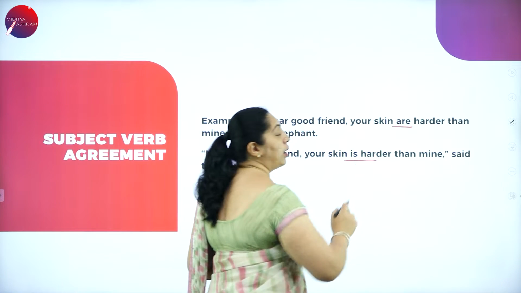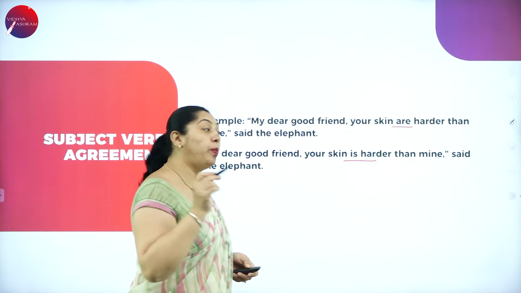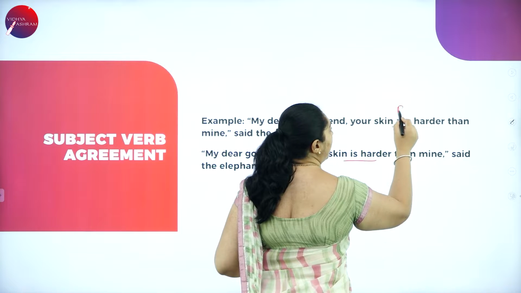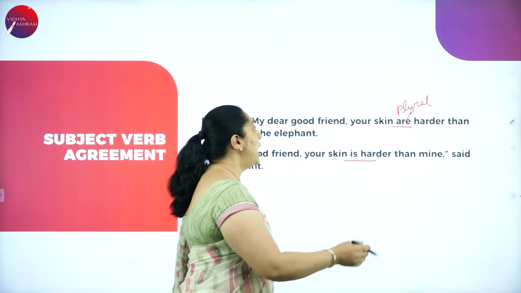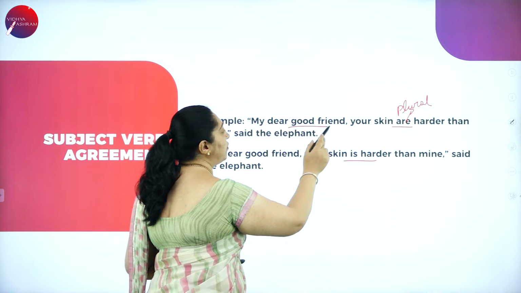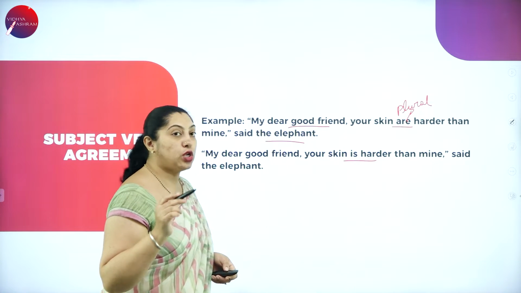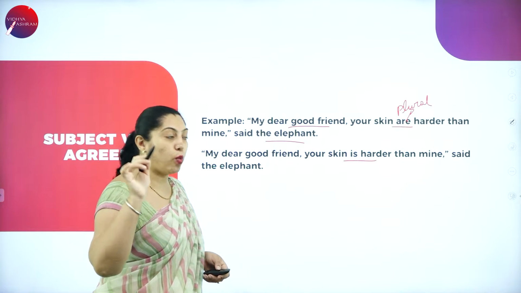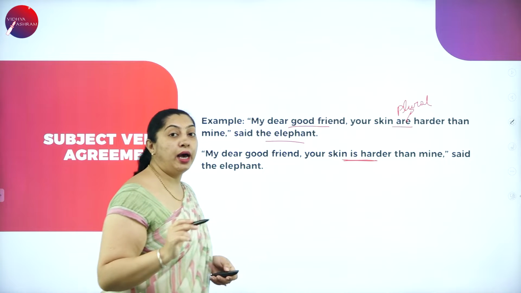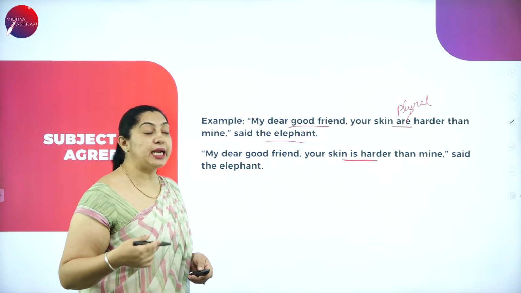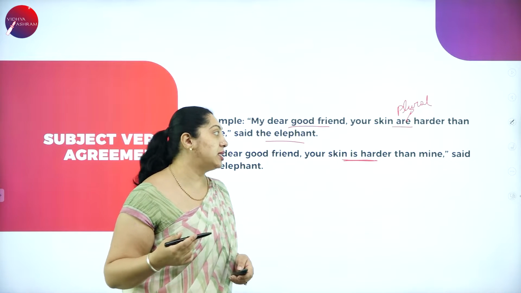So here, are. When do you use the word are? When we are speaking about plural things. When we speak about plural, we use the word are. But here I'm talking about the good friend and the elephant. When I'm talking about a good friend, so your skin, I'm talking about only one person. So it is is harder, not are harder. The correct answer is: my dear good friend, your skin is harder than mine,